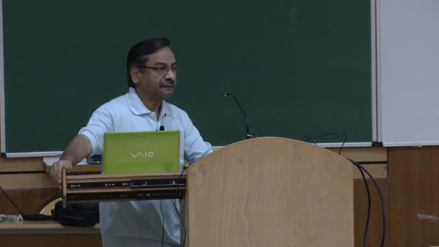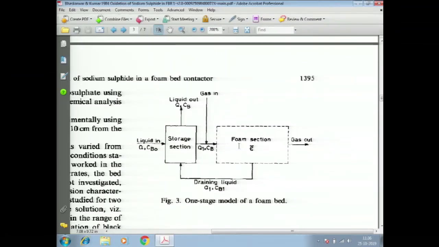And we would want to know how that Cb here is varying with time within the storage section if we want to explain the performance of this reactor. Okay. Now, what is happening? This storage liquid is communicating with the foam section, it is sending out bubbles to the foam section. Along with the air bubbles, liquid is going into the foam section from the storage section. Suppose the liquid flow rate upward is Q1, capital Q subscript 1, the flow rate of liquid going along with the foam into the foam section from the storage section.